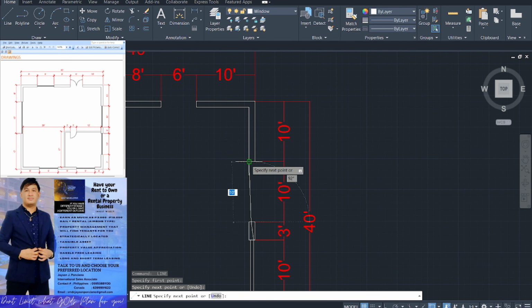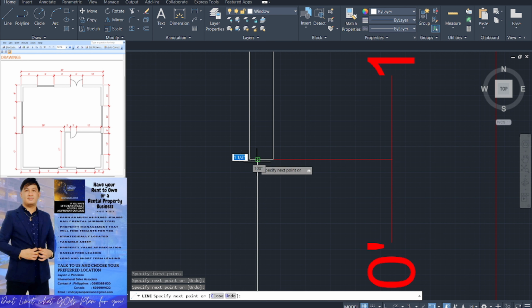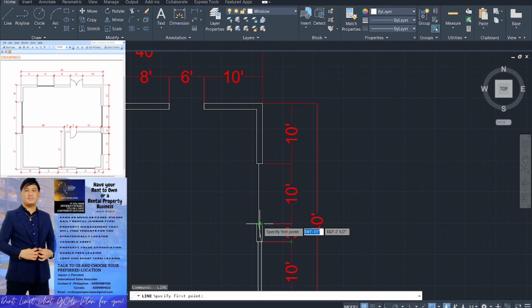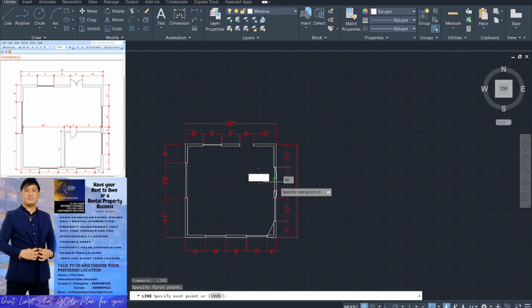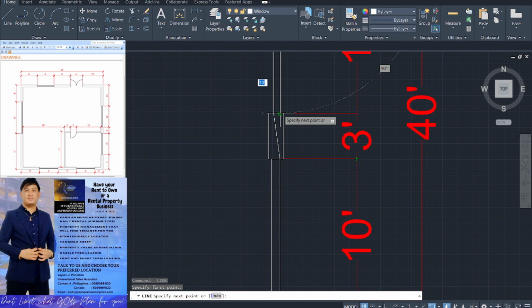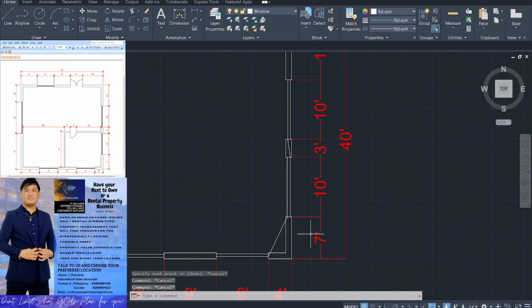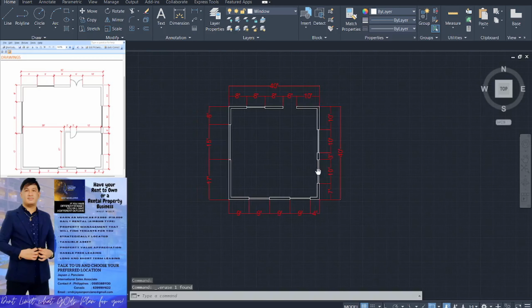Then snap, and snap it here. So you can just erase the other line. Alright, since we already created the windows,